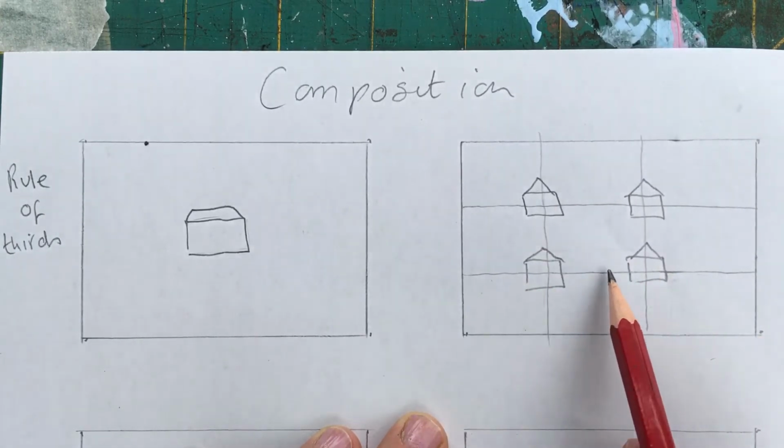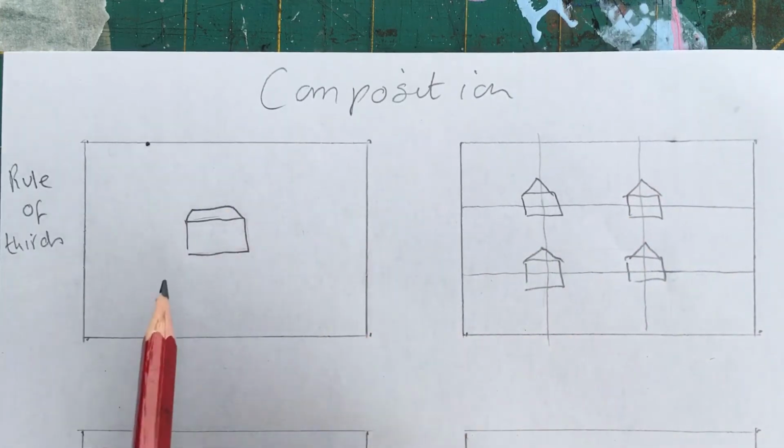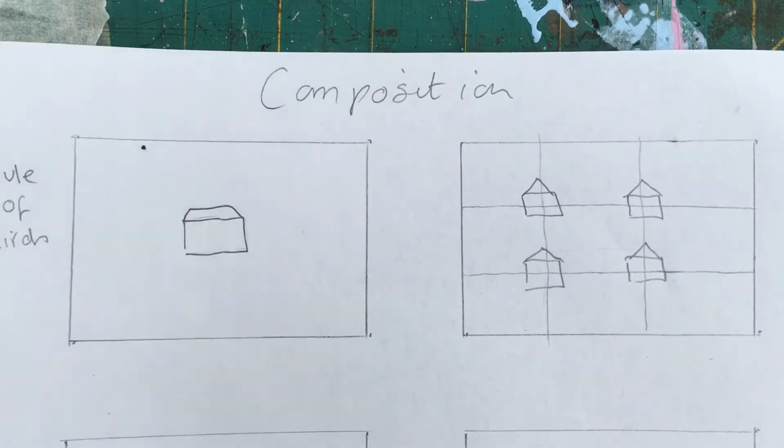All that does is give the eye space to move around the picture rather than focusing on something that's right in the middle. I'm afraid there's an ambulance going past or a police car or something. So the next one is